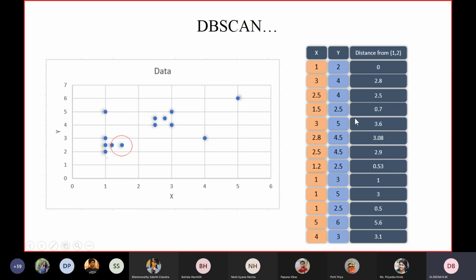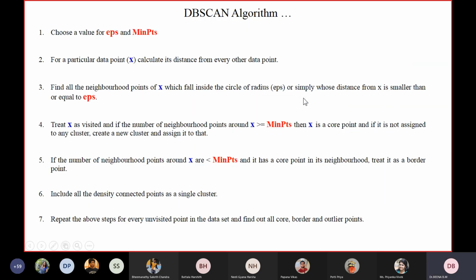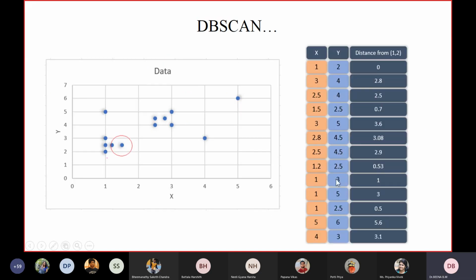What is the next step? Did you understand how you are getting these values? Euclidean distance. That's it. Very simple. You have already done it, right? So now what do you understand by this? After calculating the distance as per the algorithm, what is the next step? You got this distance table, right? What is the next step?